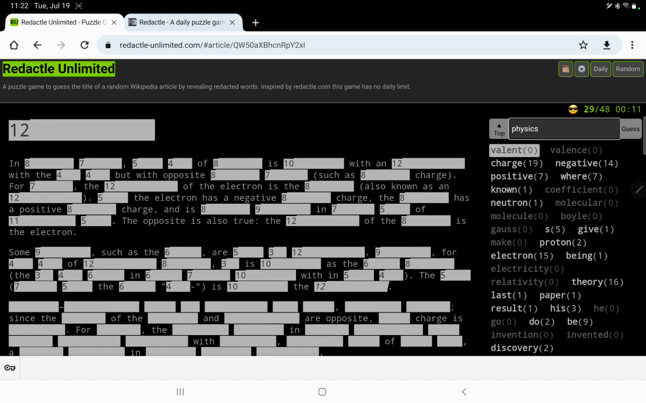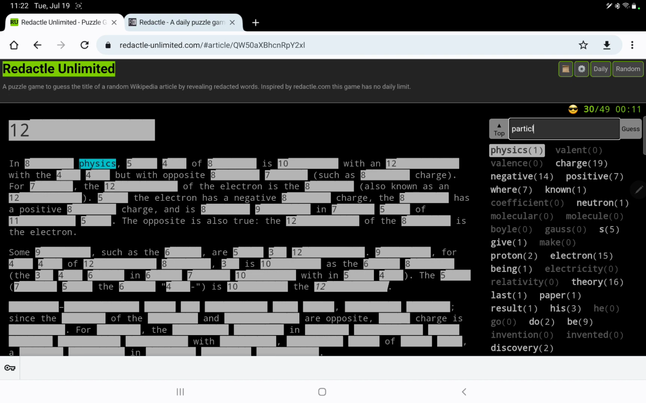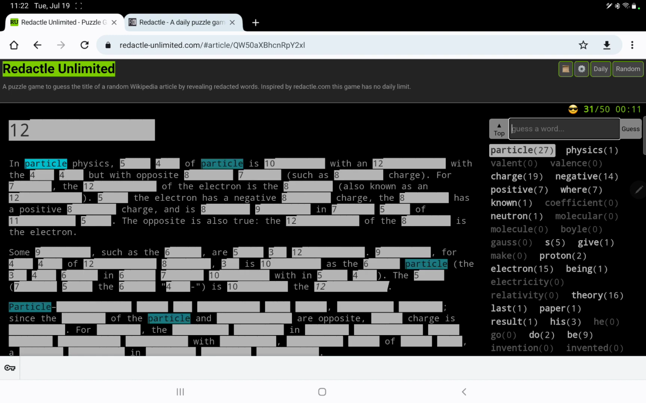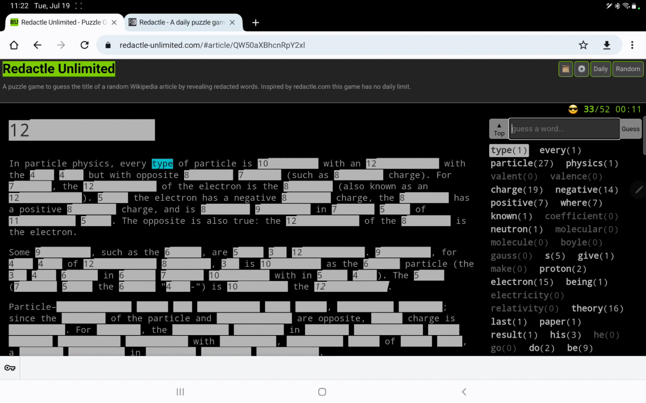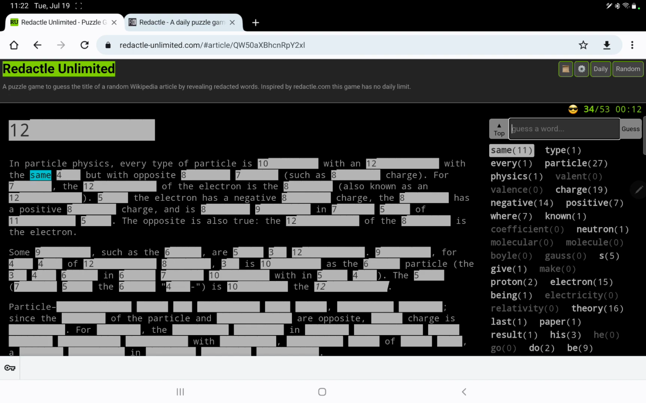So something physics, I suppose, is the beginning of the sentence. In particle physics, something of particle, every type of particle is gifted with something, with the same, okay, with the same something, 4-letter word, but with opposite,